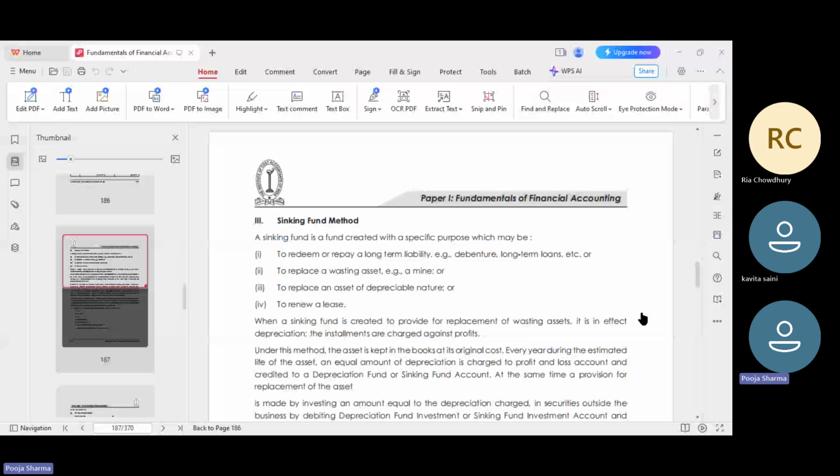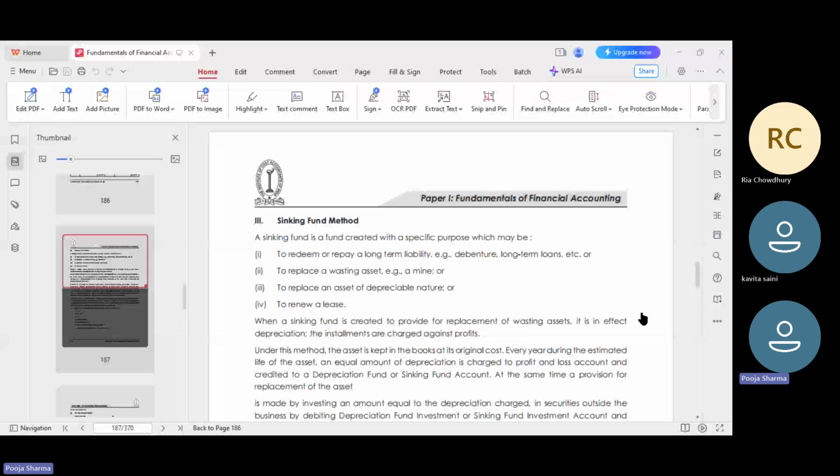It will help us with better planning. Better planning means that whenever you purchase assets, you don't need to worry about it. It will not put you under pressure about how you will arrange the money. You don't have to borrow. You have the money by way of the sinking fund. You can just use it and purchase the new machine.